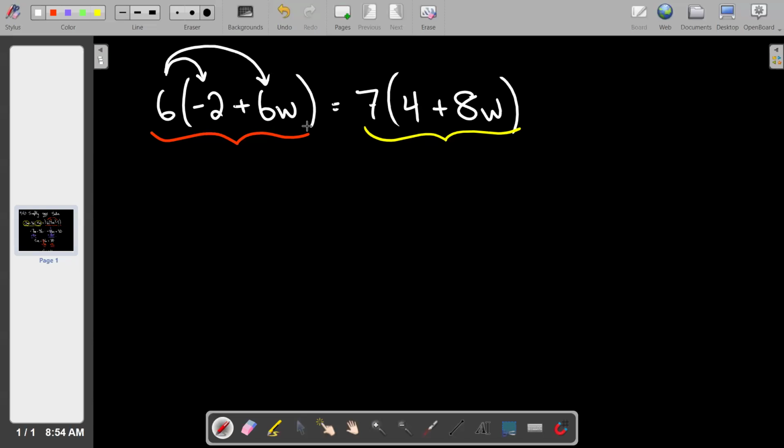So what do we get? Negative 12. Nope. 36. Plus 36W. And then on the right-hand side, rinse and repeat. See parentheses, kill parentheses. It's got to just be robotic. Distribute 7 and 4 and 8W. What is 7 times 4? 28. 7 times 8W is